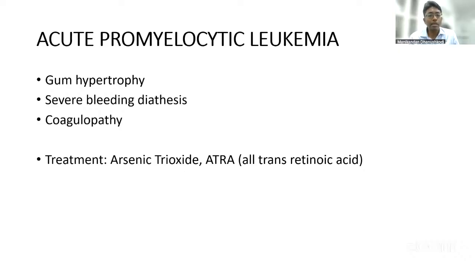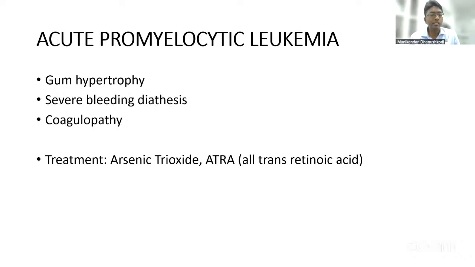There is one subtype of AML that has got a very, very good prognosis, provided these patients are diagnosed early and treated early. And these patients could be younger predominantly. Some of them can be older patients. They present with gum hypertrophy and they present with massive bleeding diathesis. Like, if it is a woman, they can have bleeding gums, they can have melena, they can have bleeding PV, they can have multiple subcutaneous ecchymosis at injection sites, and also they have coagulopathy.